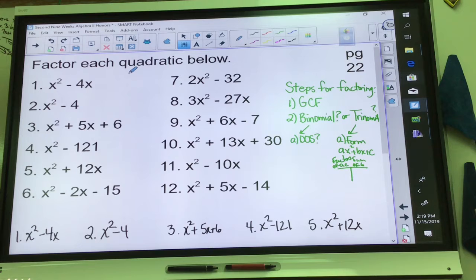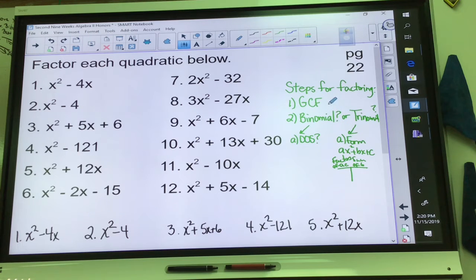Get used to, and I know I've done it to some of you already, when you look at a problem and say, but I don't know where to begin, get used to me chanting, greatest common factor, greatest common factor. Because always, always, always in your mind, that's the first thing you should look for. Don't think about binomial, difference of squares, or trinomial, naming a, b, and c yet. Think about, do the terms of my polynomial have a common factor? That would be the number one thing that I think students struggle with, is searching for that greatest common factor